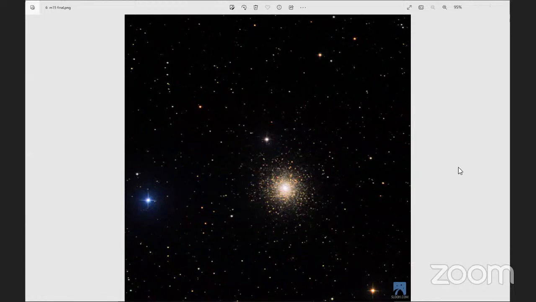But I have heard it said that if you were in the middle of it, it wouldn't look significantly different than if you were standing in a very, very dark place on Earth with the number of stars in the sky. But I don't really see how that can be, because our closest star